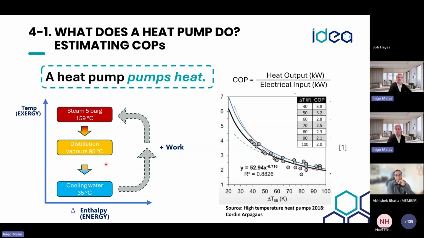As we can see here on the screen, we can start with the steam. The steam is going to be used to produce distillation vapors, and finally we remove the energy in the form of cooling water. By doing this, the temperature goes down, as per thermodynamic principles, the entropy increases and the temperature flows down. So energy is conserved, but the exergy is not. So can we move this package of energy back? Yes, we can, but again, we must use work.